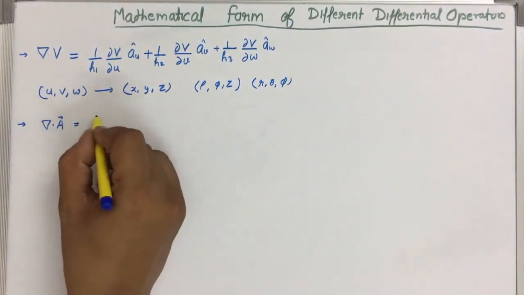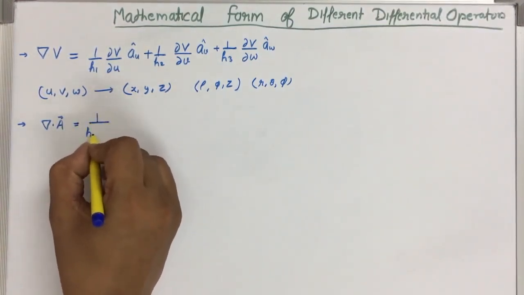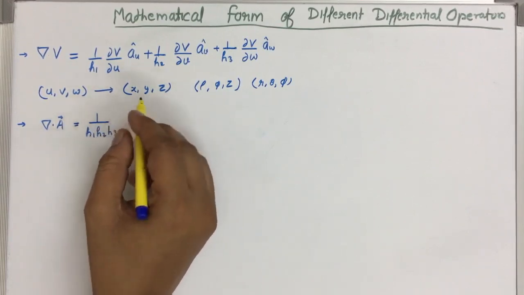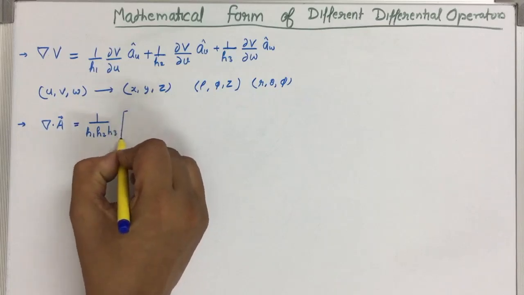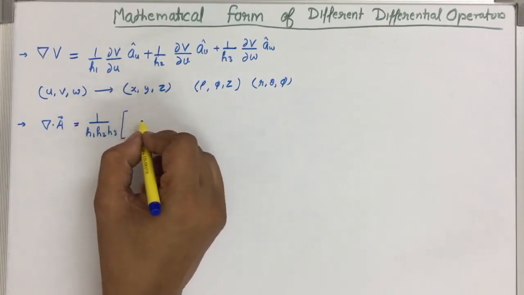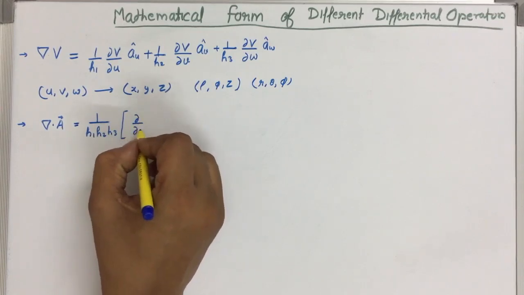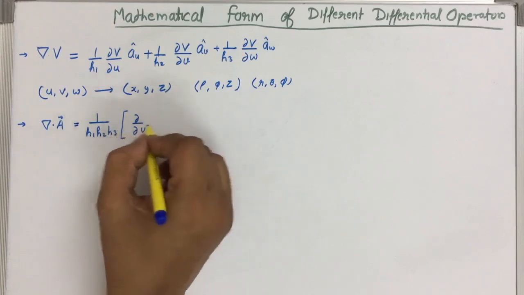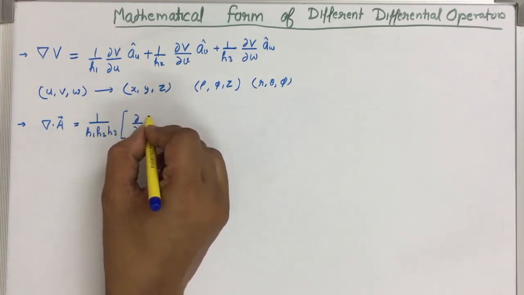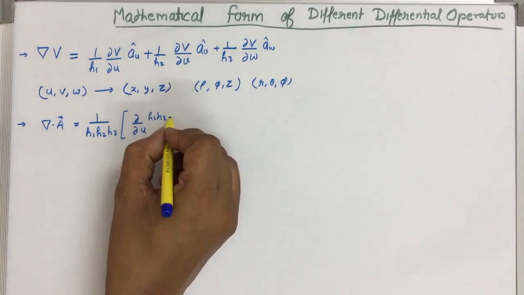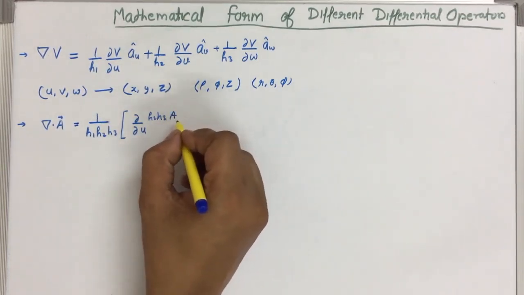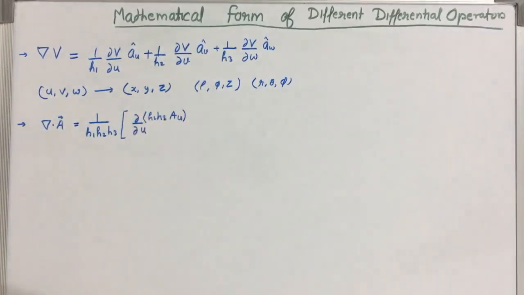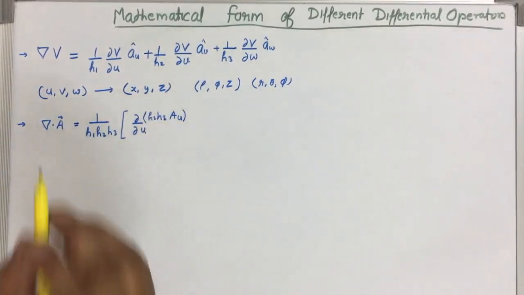In generalized form, it can be written as 1 by h1 h2 h3 in bracket, d over du. This is first, so it will be h2 h3 multiplied with the a_u component of vector A,